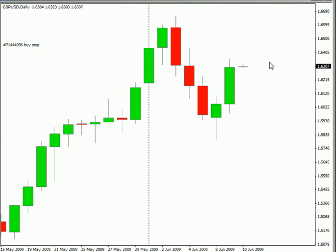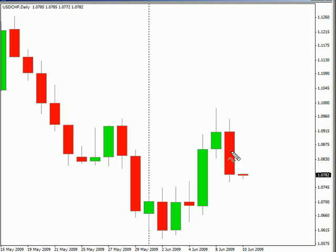Now switching over to the US Swiss, this particular pair closed lower today. During this last session, it is moving sideways, so with a bias that is still sideways. We're currently looking for it to potentially move as high as 1.0867, possibly as low as